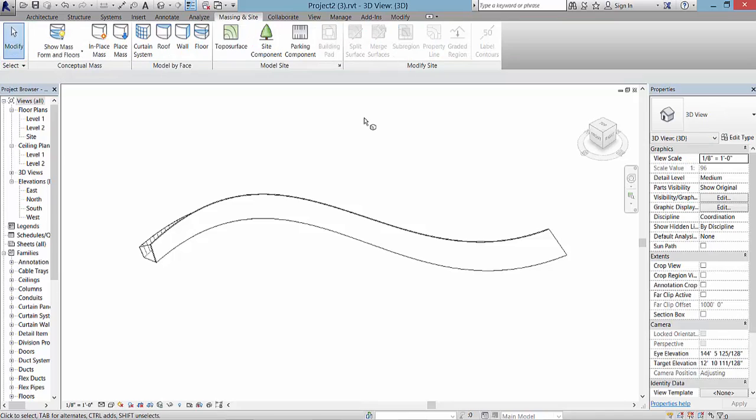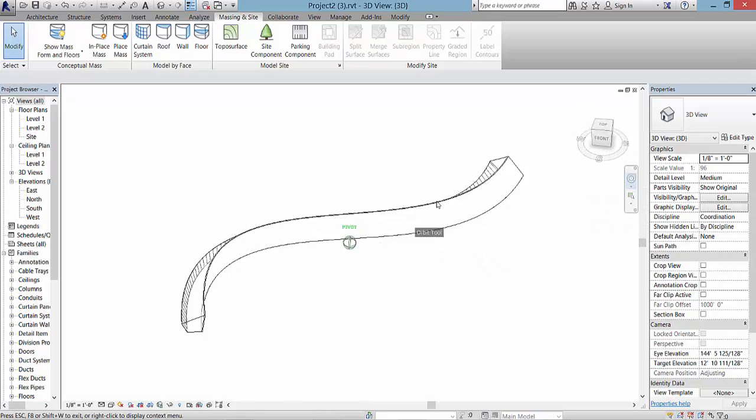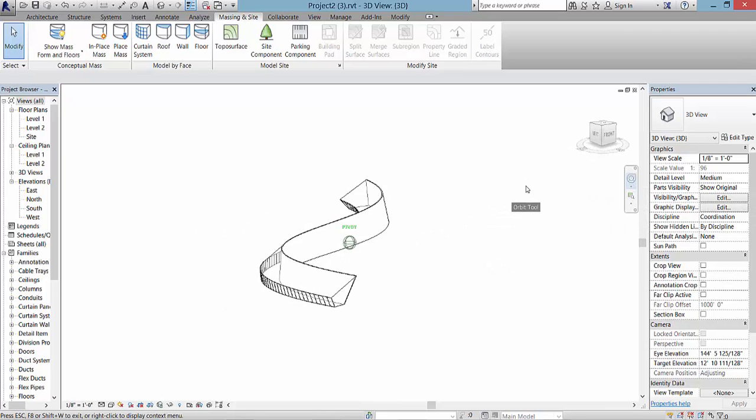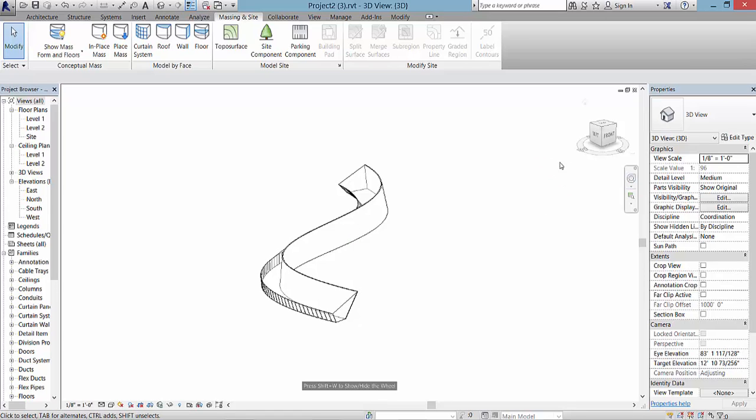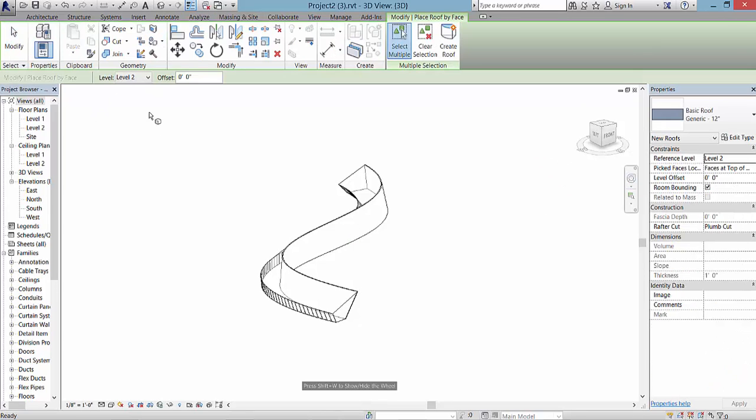So I'm going to escape out of that, and then I did try this one in the one I sent you, but I'm going to try roof. Sometimes I use walls for roof. I went ahead and picked roof, and then I'm going to click on the face here of the roof, and then pick create roof. See what happens. There it goes. It's thick. It's 12 inches, so you might have to change it here